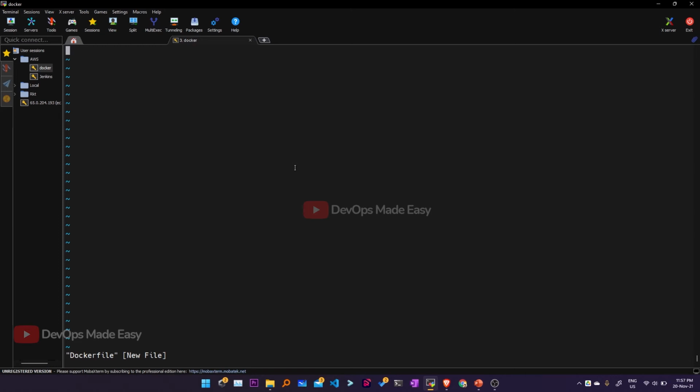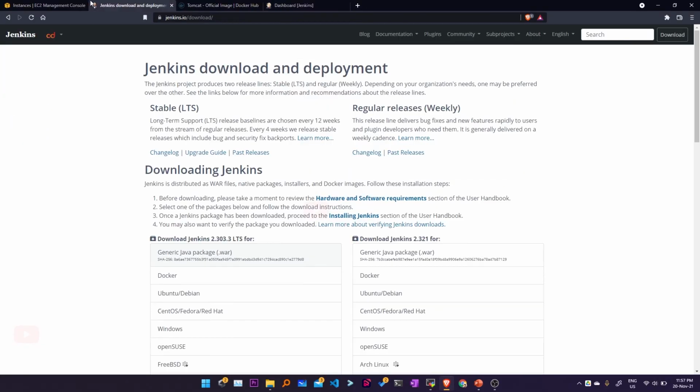I'll be using the base image, which I'm going to set as Tomcat 9.0, and then I will use the COPY command to copy the jenkins.war file in the current directory into /usr/local. I think it is usr. You can go to the official documentation.